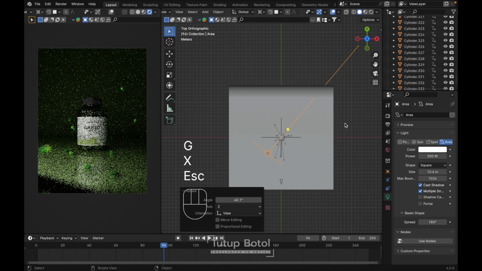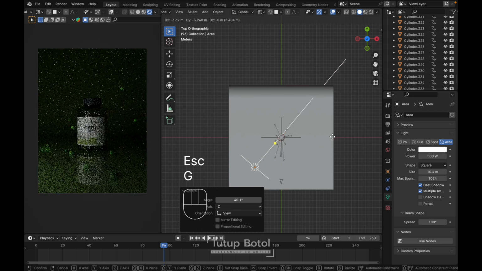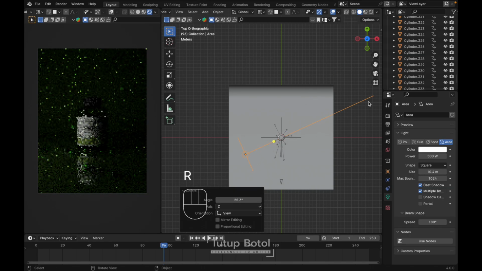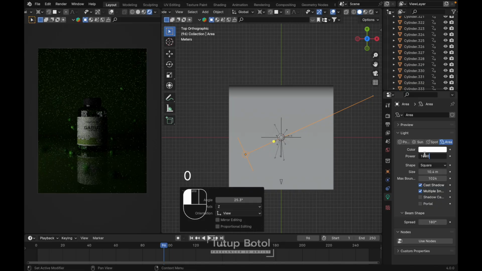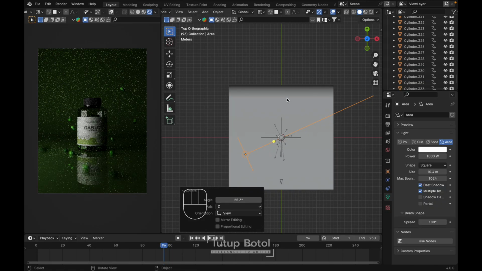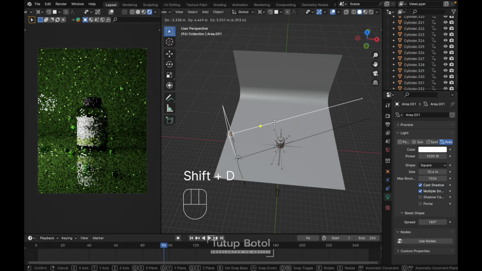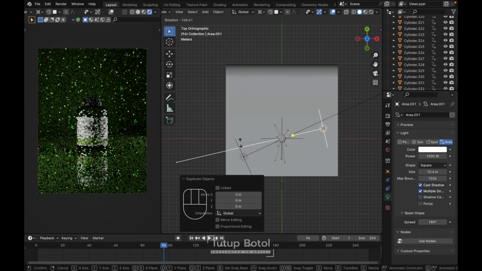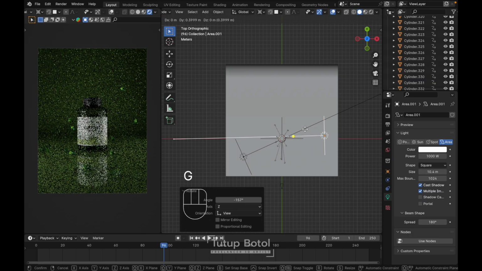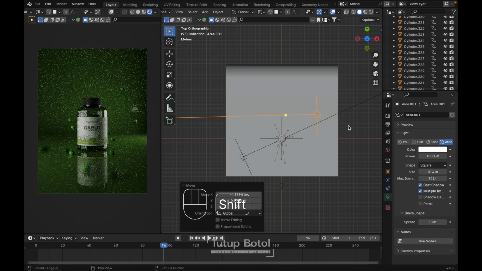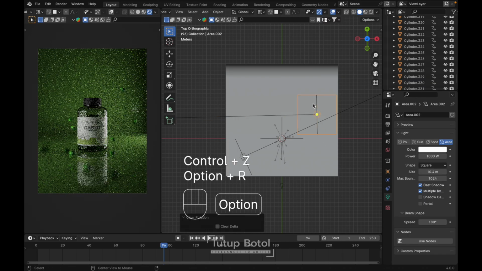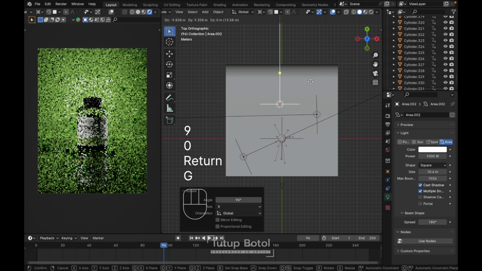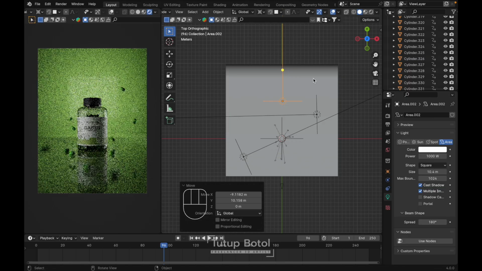Press G. Just move over here. Rotate it, increase the power, 1000 power. Let's duplicate this area light, R to rotate it, move it over here maybe, and duplicate it again. Press Alt R to reset the rotation, press R X 90 degrees, and let's give a highlight over here at the